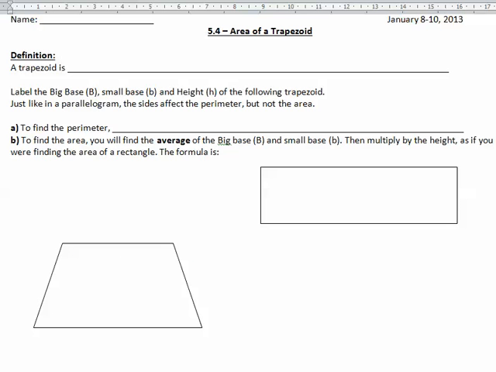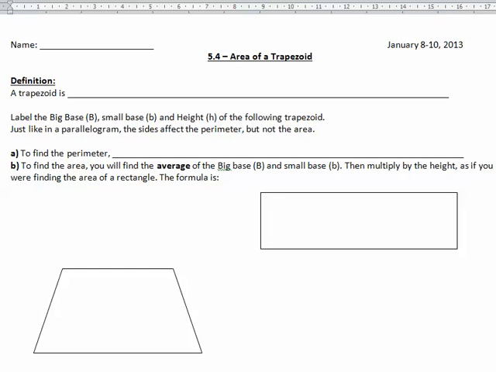And so let's just define what it is. Well, by looking at it, we can see that it's a four-sided shape, and so that makes it a quadrilateral. So a trapezoid is a quadrilateral. Now, what makes it so special, though, is that just like a parallelogram, it has some parallel sides on it. But unlike a parallelogram, the other two sides do not have to be parallel. There are some definitions of trapezoids which state that they cannot be parallel, but some say that they can. So for our purposes, it doesn't really matter which definition, but we'll use the definition that it's a quadrilateral with